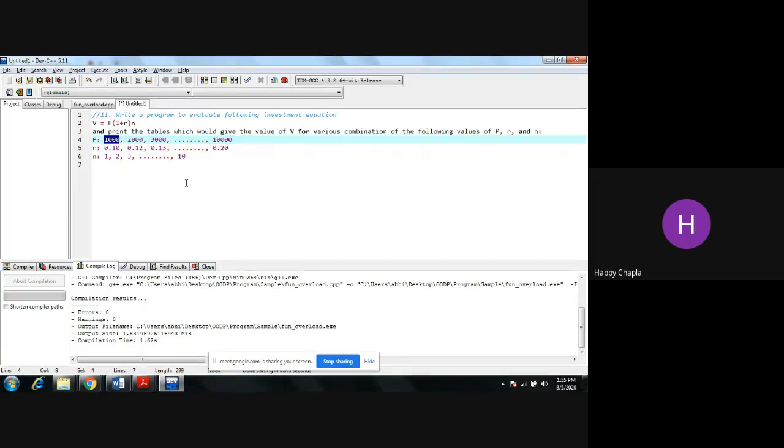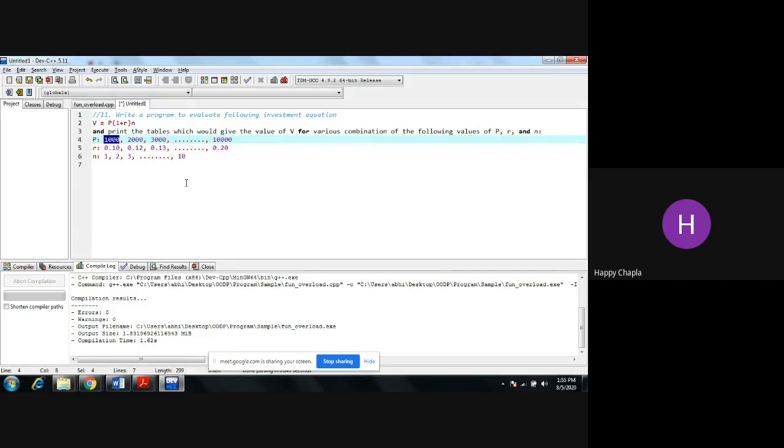Till the 10,000 value, you need to print the value of V on the screen every time. We have different combinations of P, R and N. The P value is 1000 the first time, R is 0.10, and N is 1.